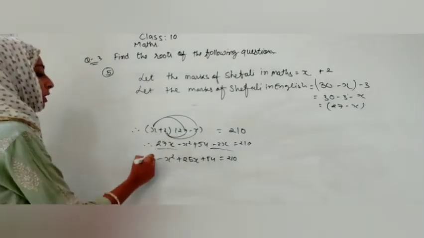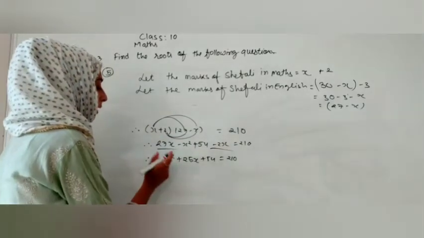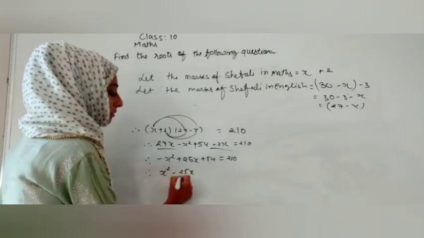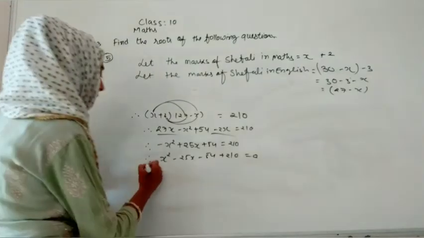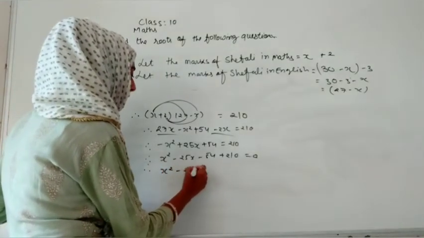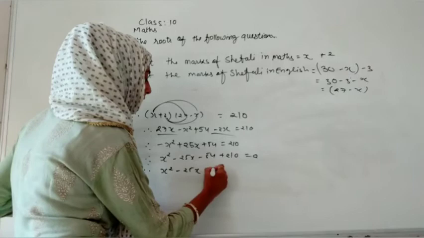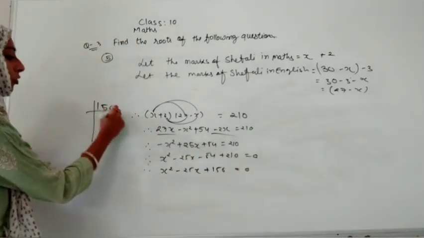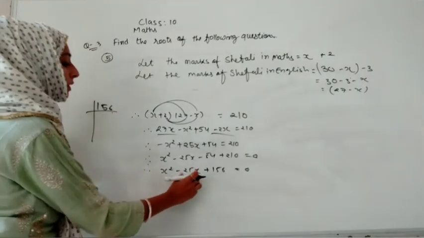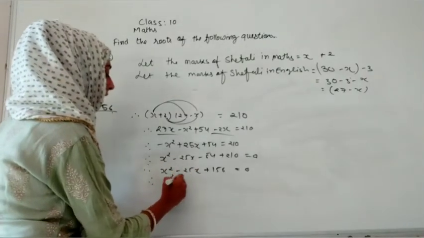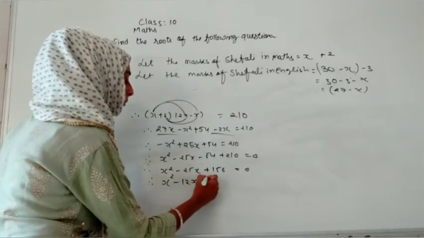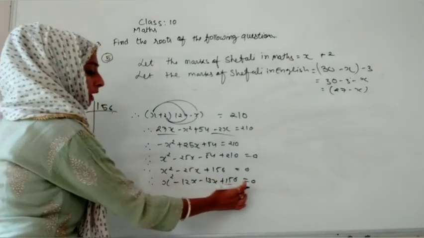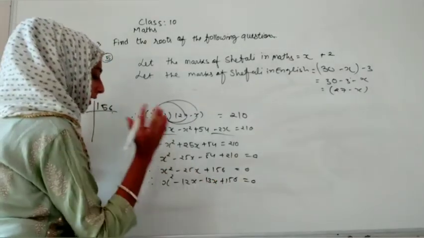Now we have to shift this to that side, because our x square is in minus so our process is not working, so we are taking it to that side, so all the signs will change. This will become minus. You can see when we are solving it, we are getting 25x and here if we are solving, we are getting plus 156, means 156. We have to take out factors of it like that. If we are adding those two numbers, we are getting minus 25. So here we are getting 12 and minus 13x, and when we are multiplying we are getting 156. When we are adding we are getting minus 25.